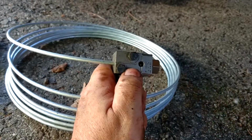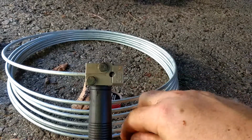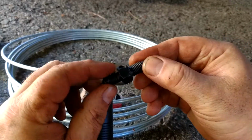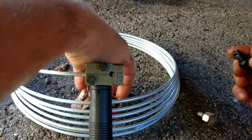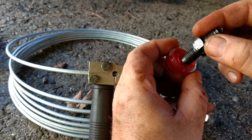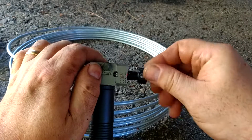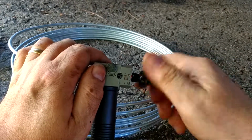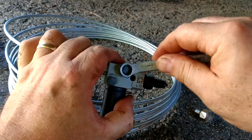Alright, unscrew this. Then we take the die. It's labeled on the nut here. It says option 1, so that's the first side that goes in. Comes with a little bit of grease. So what I do is I just touch it to the grease. That's probably a little too much, but I don't care. And then you just bury this. So if these are tight enough so it doesn't slide back,